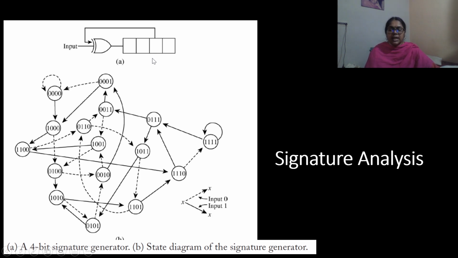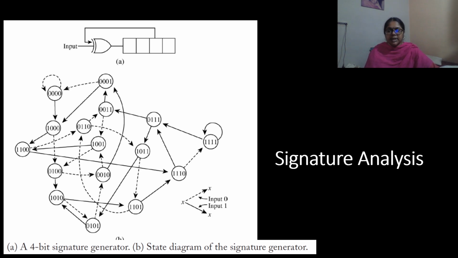Assuming the content of the register is all zeros, all the conditions have been mentioned in this state diagram, wherein you have paths. The dotted line shows the transition if the input is equal to 0, and the solid line indicates input is equal to 1.